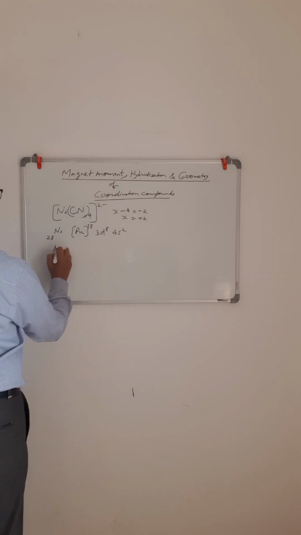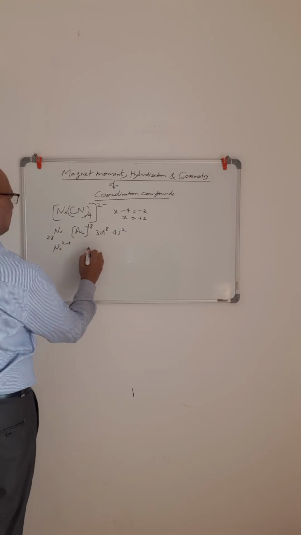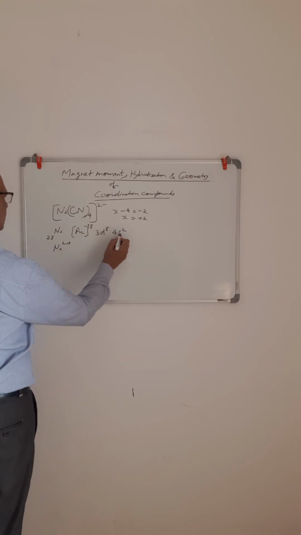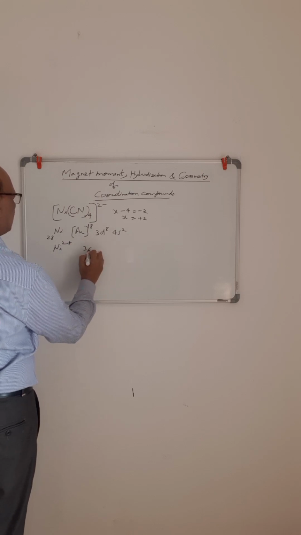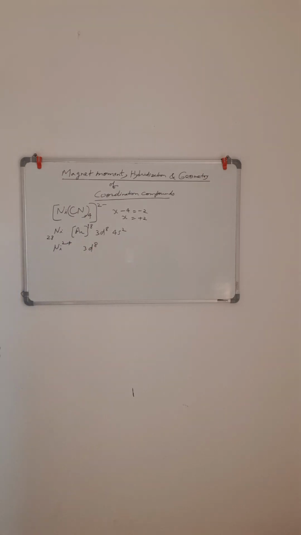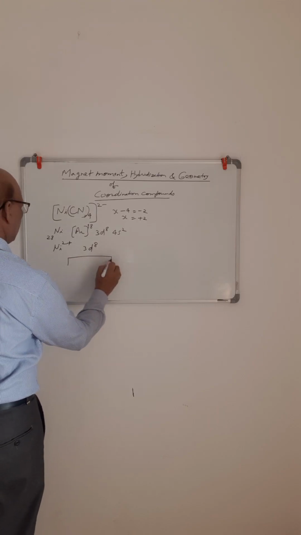So nickel is present in +2 oxidation state. So I will write the configuration of nickel 2+, which will be, these 4s2 electrons will be lost. So it will have 3d8. Okay, again I will write 3d8 can be represented as